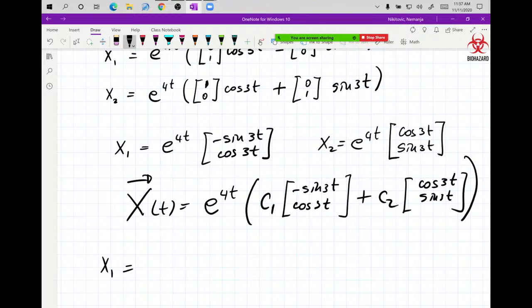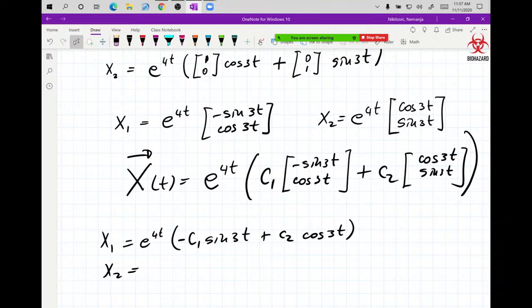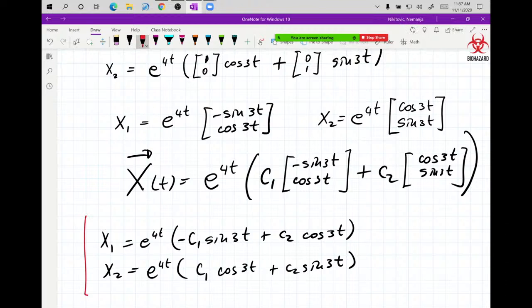Your x1 is going to be e to the 4t, and you just go with the top, which is negative C1 sine 3t plus C2 cosine 3t, and the x2 solution on the bottom is e to the 4t again, C1 cosine 3t plus C2 sine 3t. Now that's the one that I want to box,